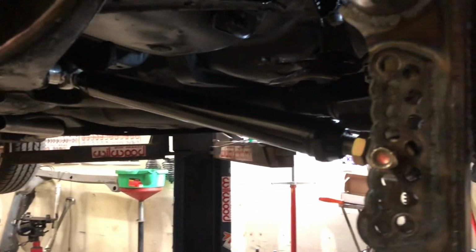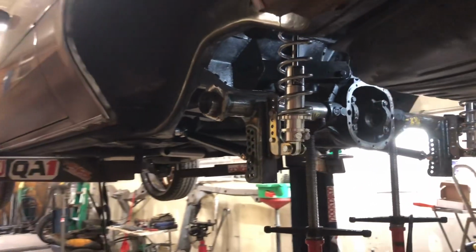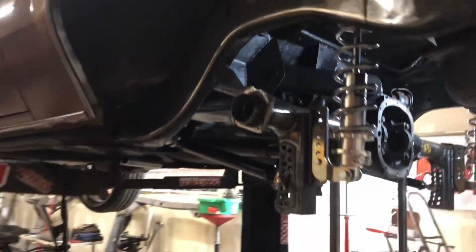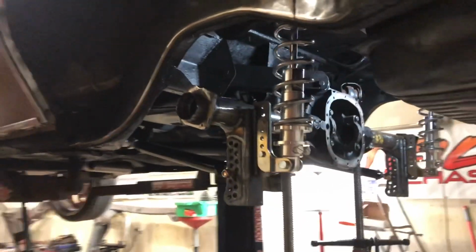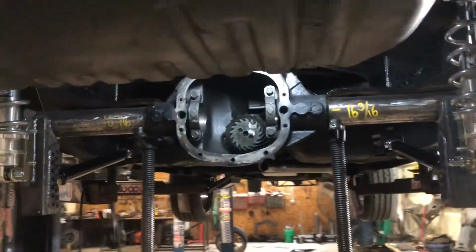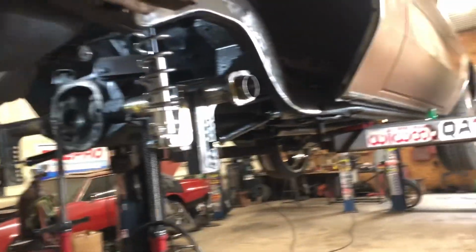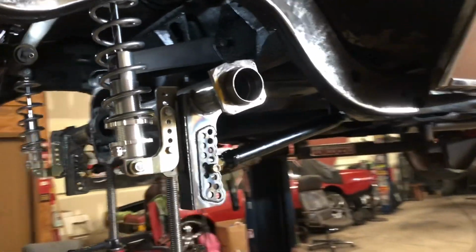Obviously, this is a lot more adjustment than this car needs, but later on down the road, if he does go 9-inch later, then this rear end would be for sale. So, anyway,